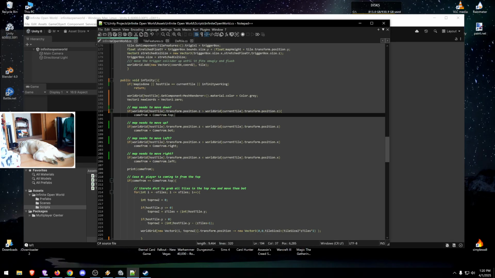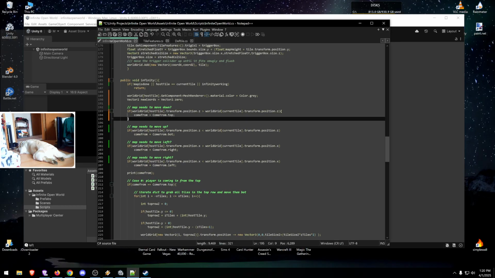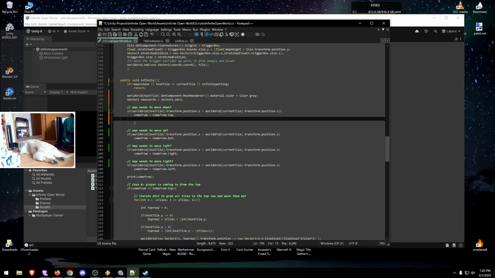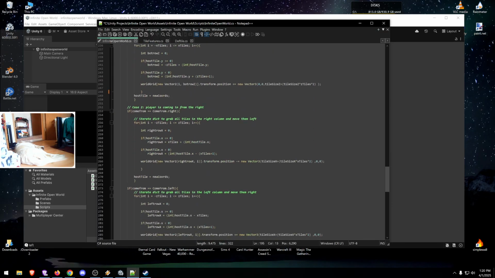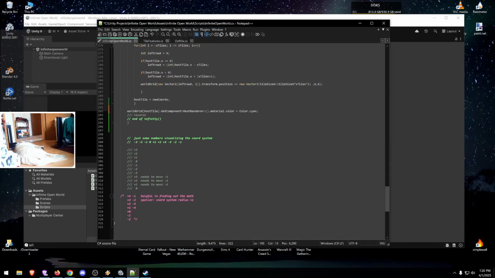Right, so this needs to be more complicated. Come from top. Good. Oh, and then exception again. No. We know that we're coming from top. That means, let's visualize. It just goes -1. New coordinates